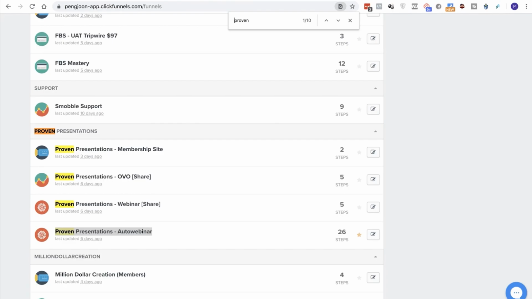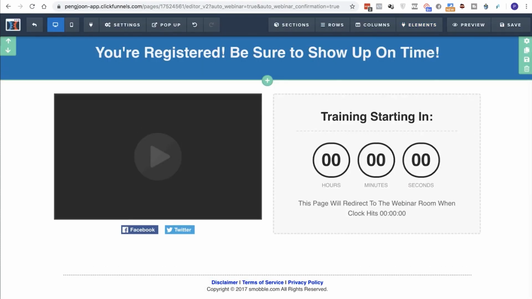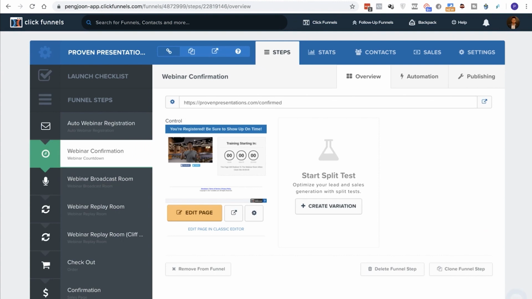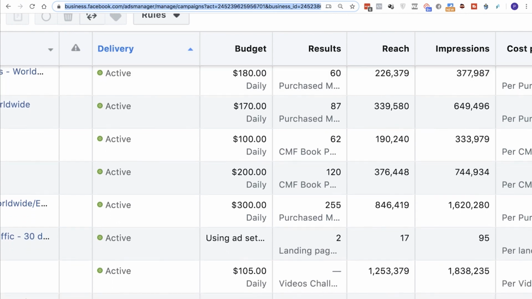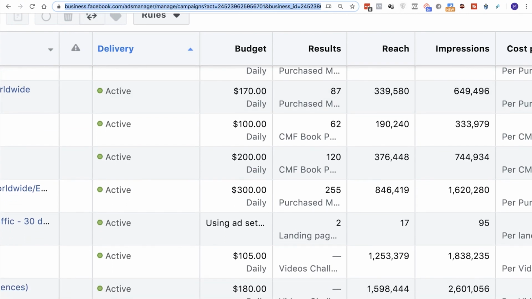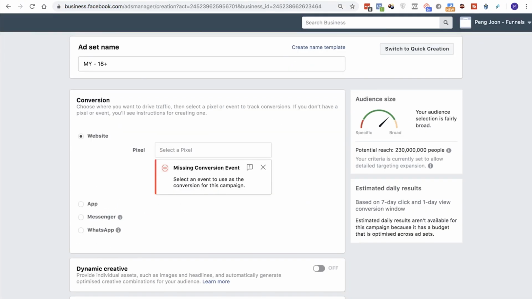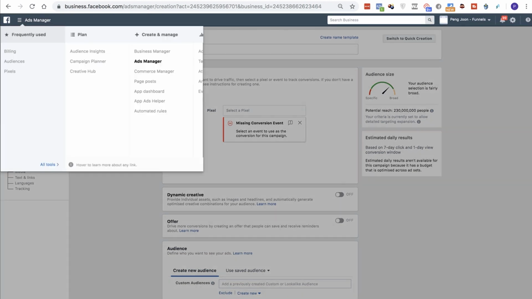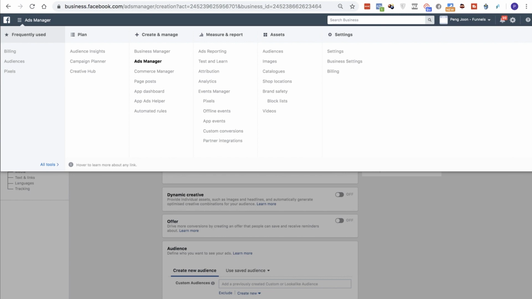So now that your pixel is installed throughout the entire funnel, what you're going to do is start running ads and retarget them. Now, how do you do this? You do this by going to Facebook Ads Manager,